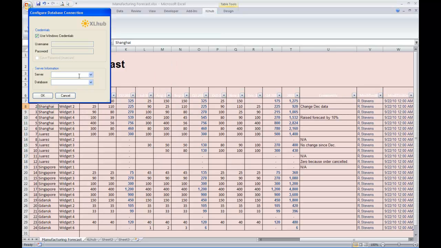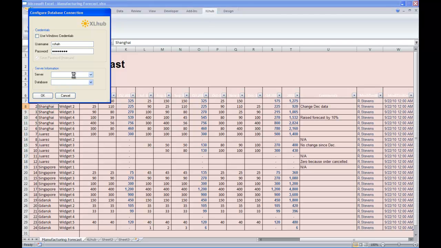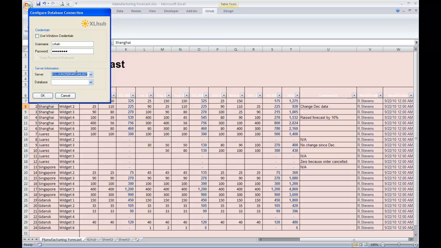Okay, so now XLhub is asking me how I want to connect to the database, and I am going to not use Windows credentials for this demo, and I'm going to specify the server. So here I am setting up the database connection,